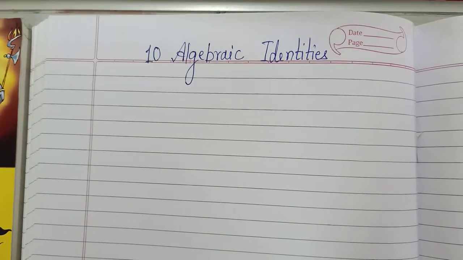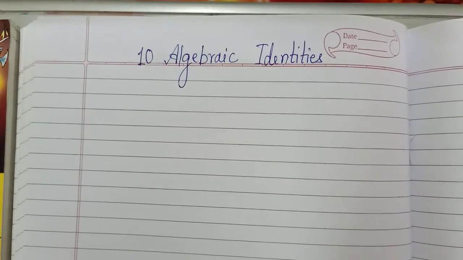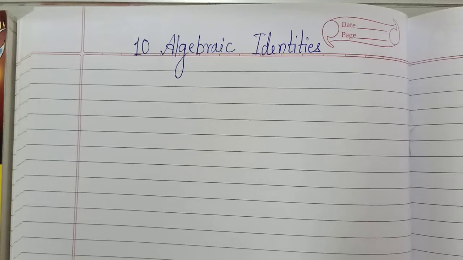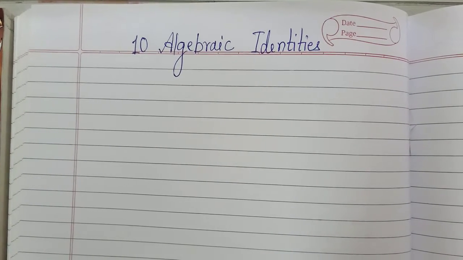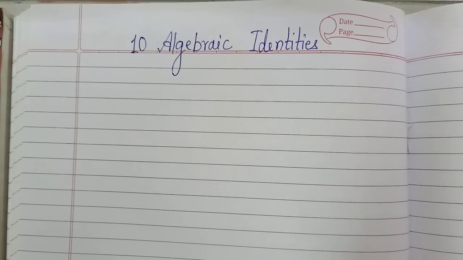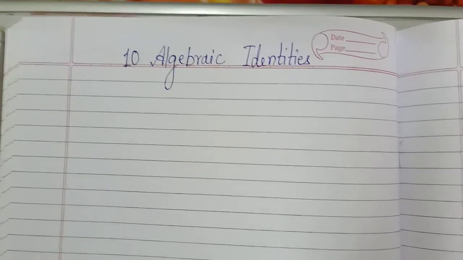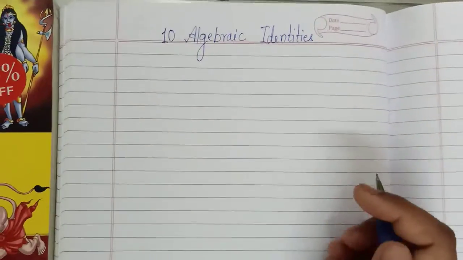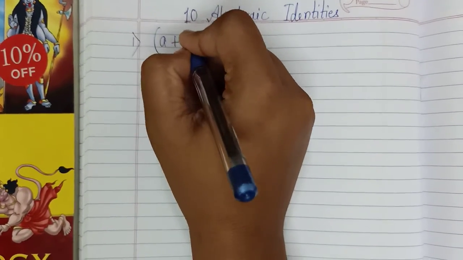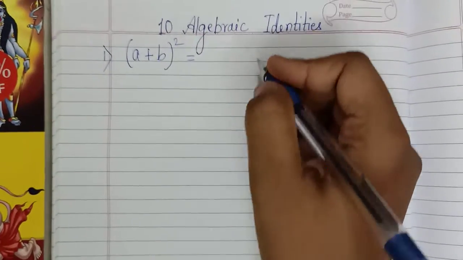Hello kids, today I want to introduce you to 10 algebraic identities which are very important. You should practice them a lot, and only after practice will you be able to remember them, and it's very important. Their application is there in polynomials. So the 10 important algebraic identities are: the first one is (a plus b) the whole square is equal to